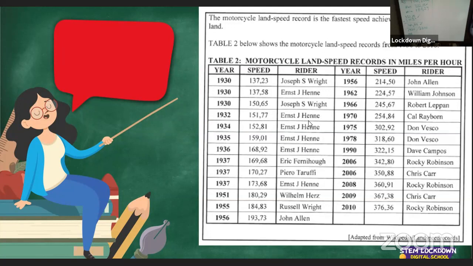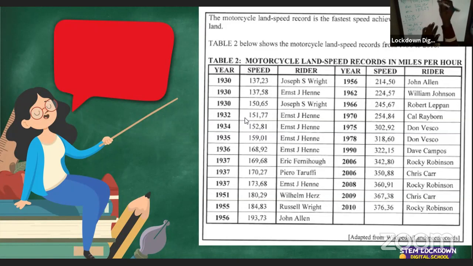So as you can see from these values here, this is the same person having to break his own record. And also we have the same person here having the same record as previous. So you could count the number of years from 1930 to 1937